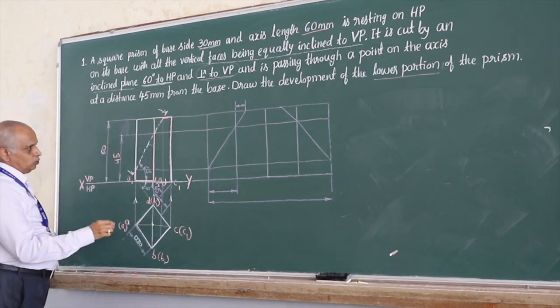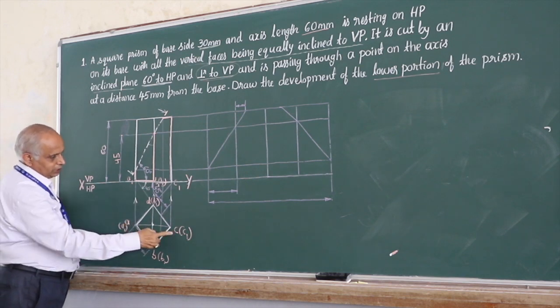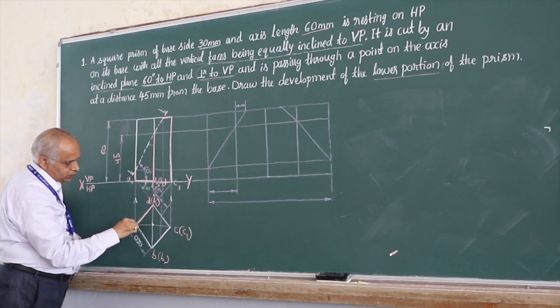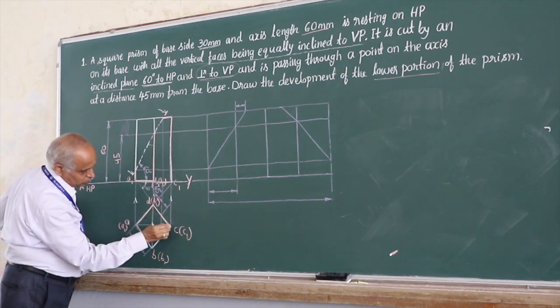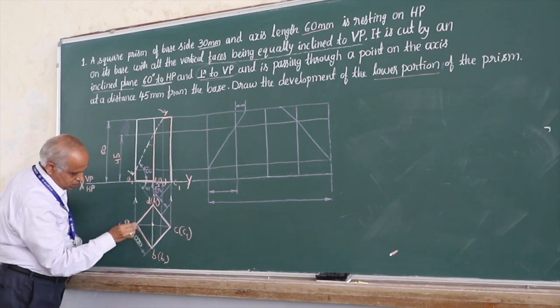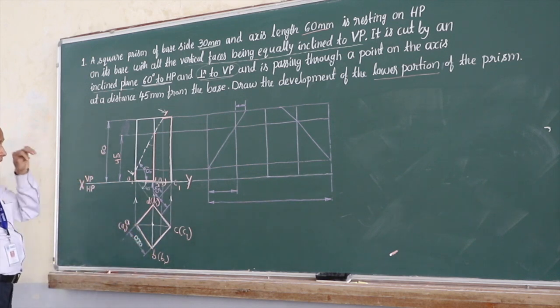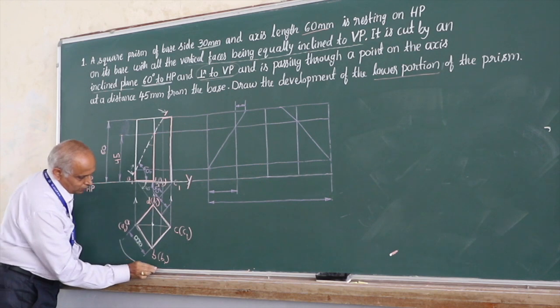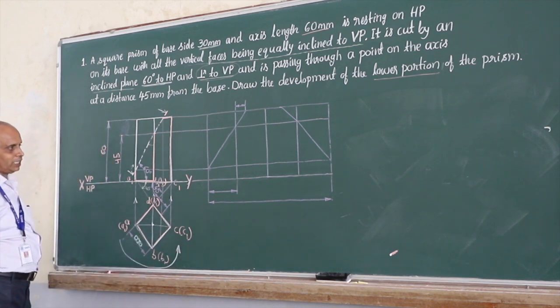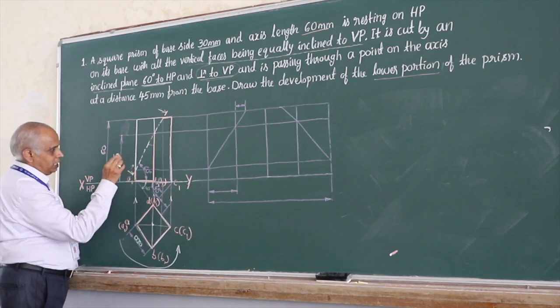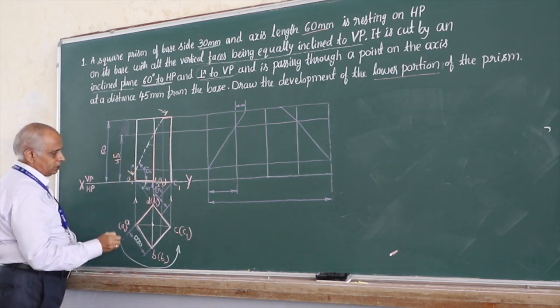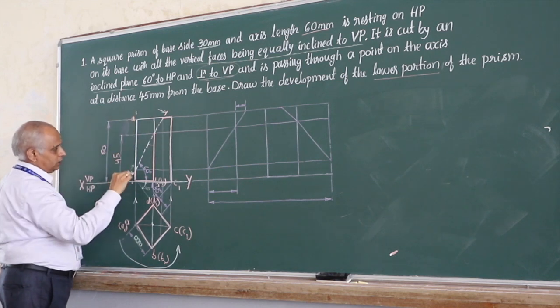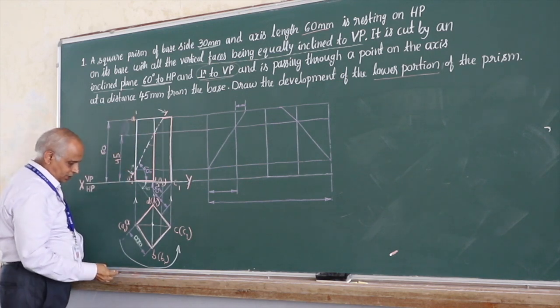And you can observe in top view, A1 is still there, B1 is there, CD is there. That means the entire square face is visible in top view. So even you should make this dark or continuous thick. Next step is to identify the section points. Now you should know that when you move along the section plane like this, first you move along the visible edges. Identify the cut points. Remember, this section plane is cutting this vertical edge A dash A1 dash at section point 1.